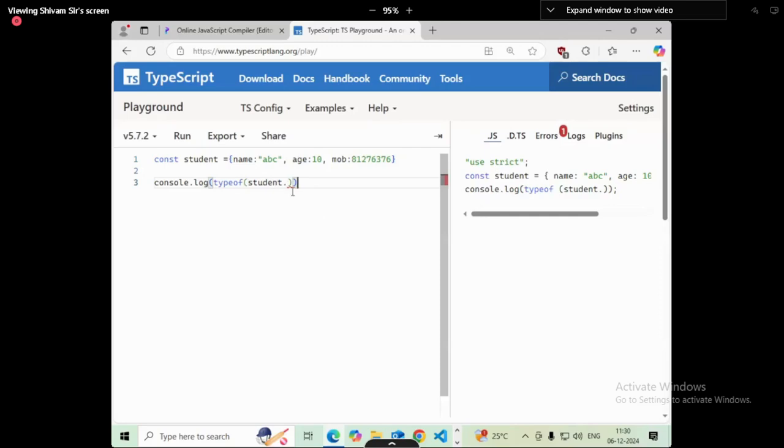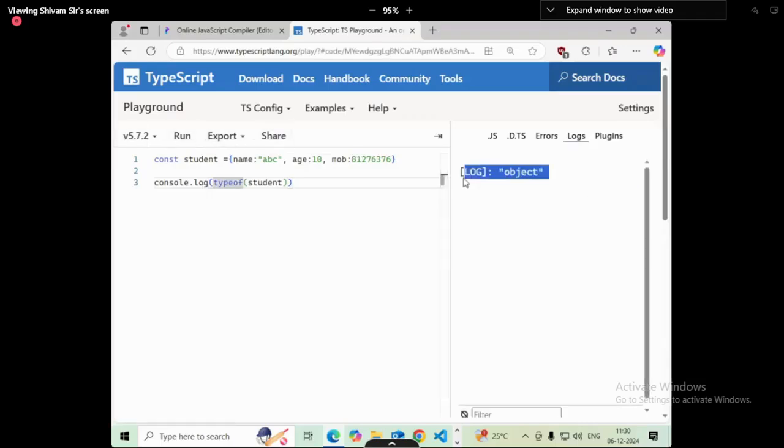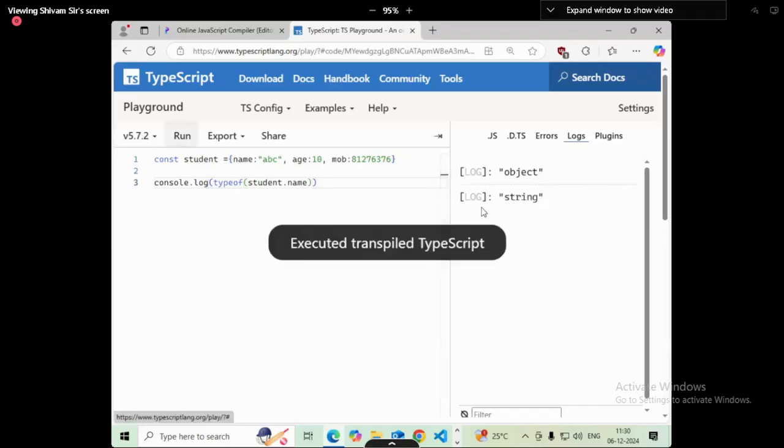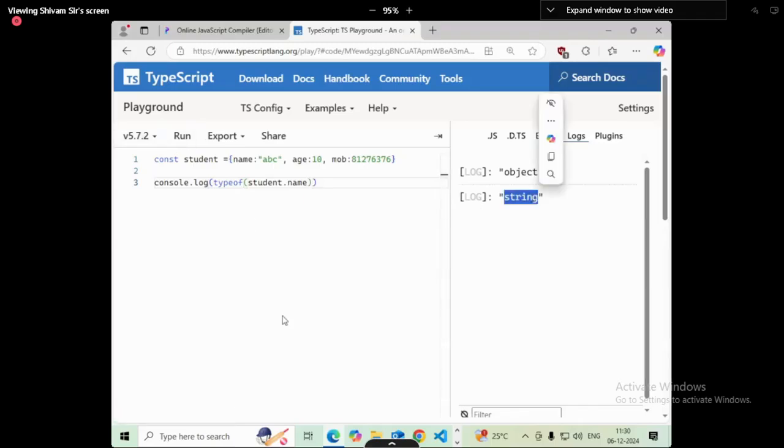Type of student. Okay, same thing. That there is a constant of student, name, ABC, age, mobile number, this, that. Run it. So object. Okay. When I'm checking the student dot name,